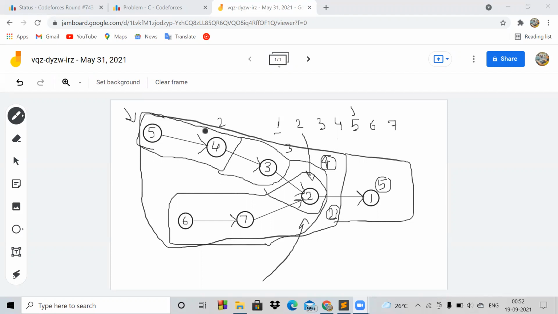So this is like a topological sort in which we have to maintain a value array, in which we will maintain values according to all the incoming edges, and it will store the maximum value from all the incoming edges.